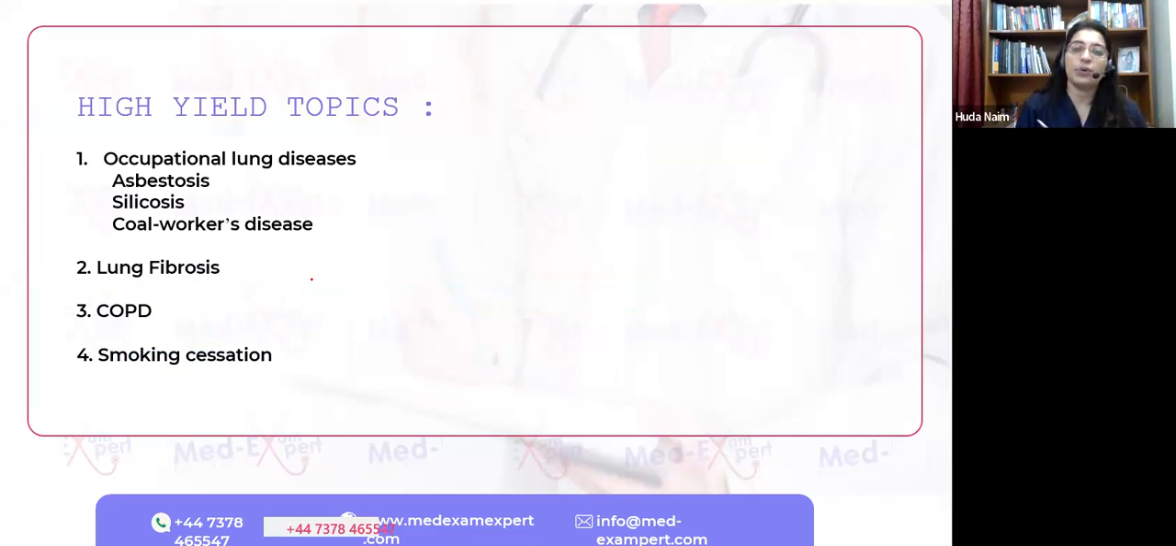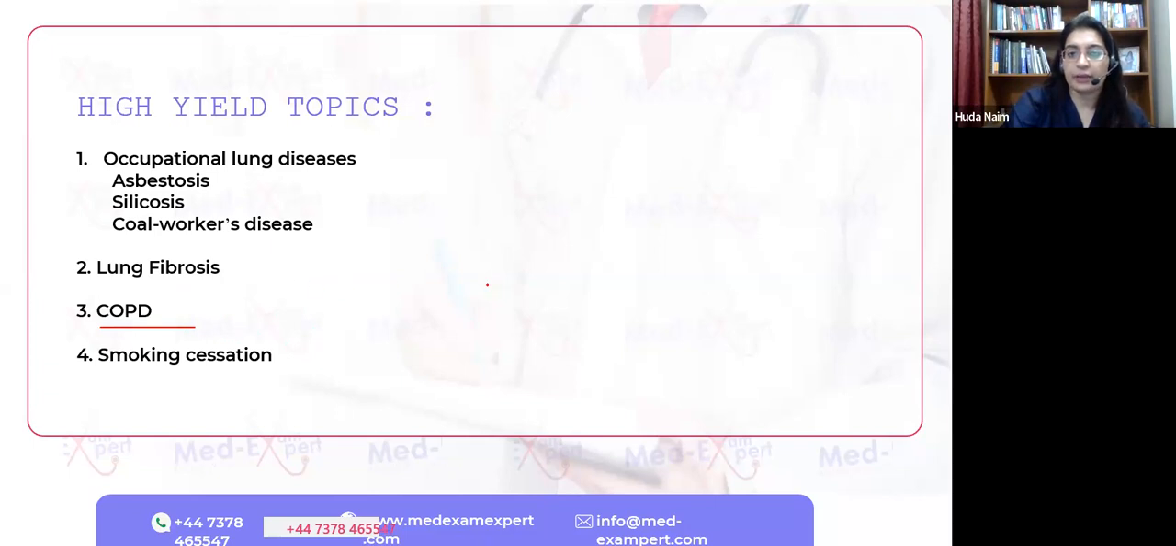Maybe instead of asbestosis, they could have asked you something regarding coal workers' disease. Or the question could have been the same, and they could have asked you what would be the best modalities to see the prognosis in these patients. What would have been the best grading criteria? What would have been the best scoring criteria to see the prognosis in these patients? What do you think? If the question asked what would be the best way to see the prognosis in patients with COPD,